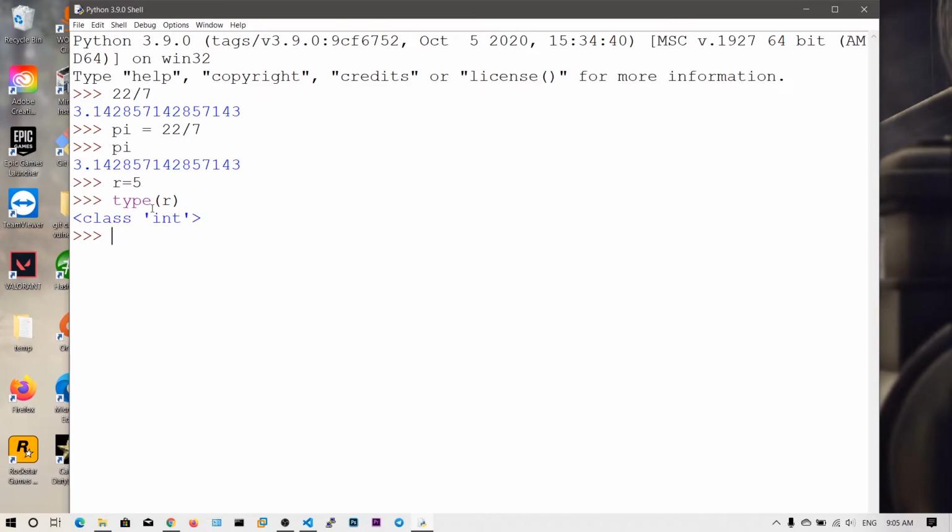So in Python everything is a class and object. There are classes, and these classes represent something, and these objects are derivatives of those classes. They represent the exact members of this class. We will see classes and objects in the object oriented programming video, the OOP concepts, so no need to worry about this. Just keep in mind that there is an integer class, and r is an object of this integer class, so that r can store integer values.